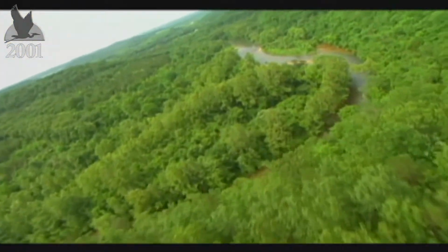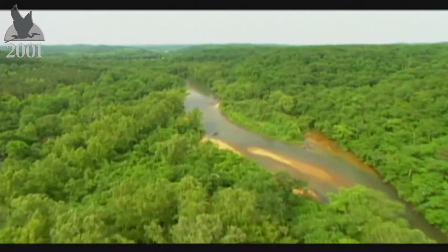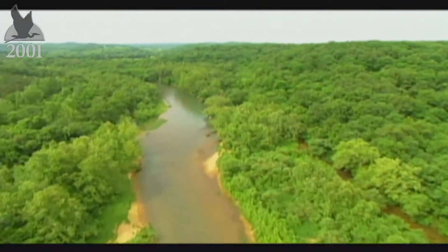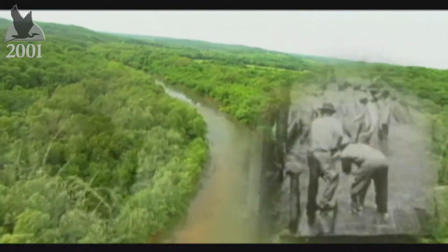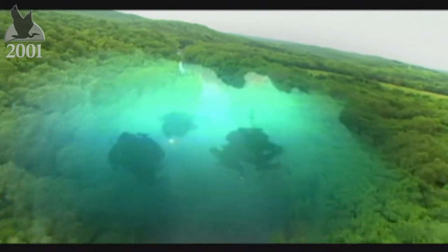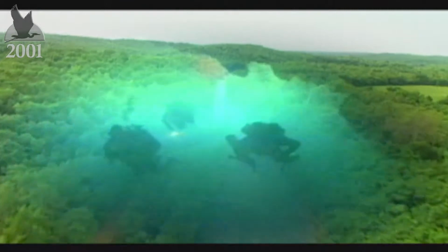Missouri is filled with special places, but one of the most special, at least my favorite, is the Current River. This beautiful spring-fed river passes through over 100 miles of the Missouri Ozarks. Today we're going to explore this river, its history, its wildlife. We'll even explore its most hidden reaches with a team of cave diving experts as they examine some of Missouri's